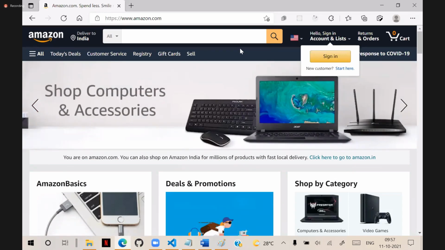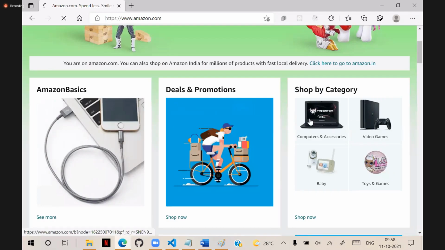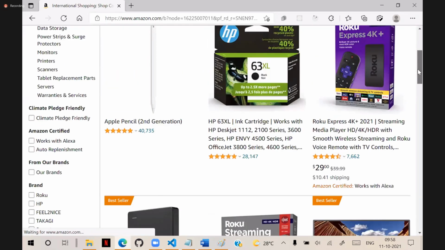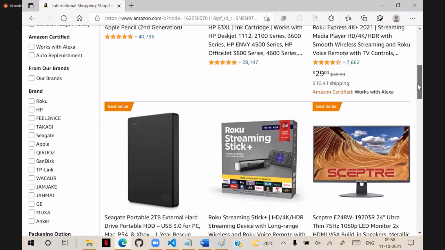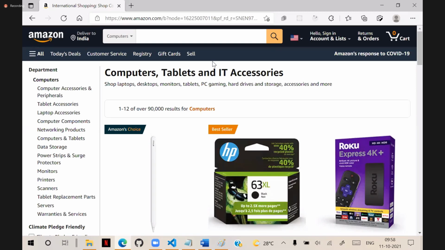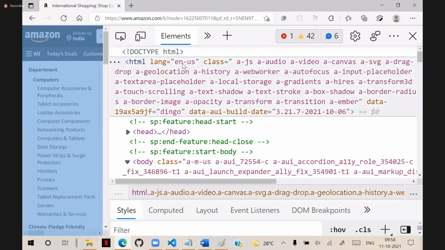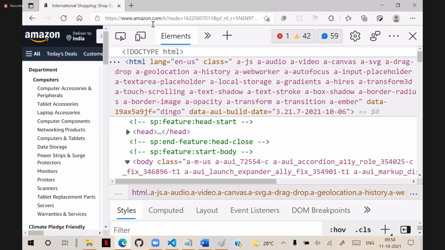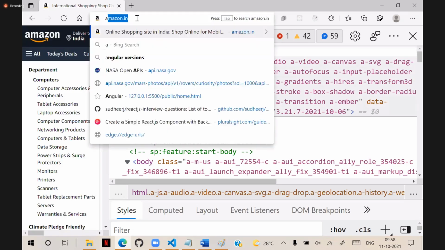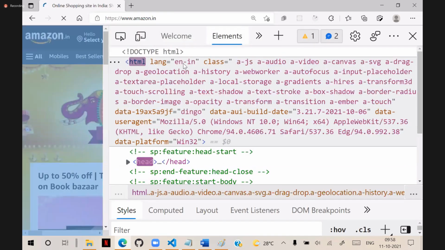And here, this is Amazon.com. Whatever products you are watching, everything will be in dollars. The price, everything will be in dollars. This is Amazon.com. You can observe that, inspect this page, and you can see at the top, the language is English US, EN-US. But open Amazon.in. This is your Indian Amazon.in, and the language is English IN,